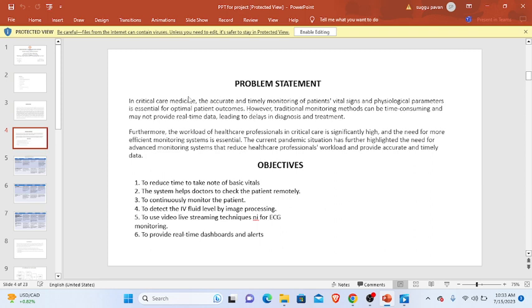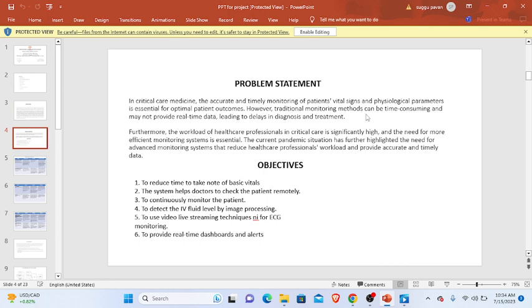Problem statement. As we have discussed, traditional monitoring methods can be time consuming and may not provide real-time data, leading to delays in diagnosis and treatment. As we have said, nurses actually take the vitals of the patient continuously, and through the sensor integration the nurses' time in taking the vitals can be used in monitoring the patient's